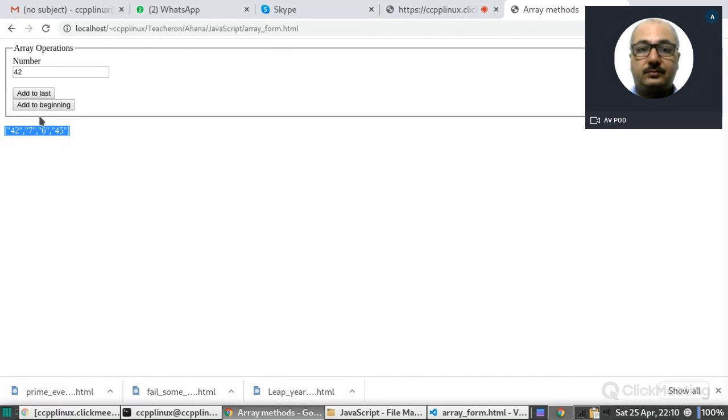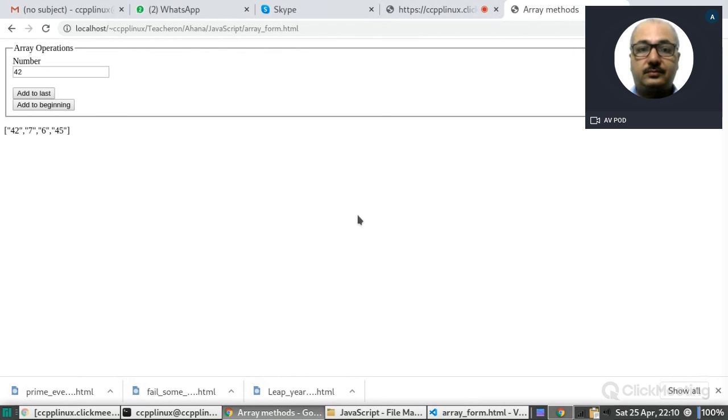Okay, which number do you want to search? And after that, it should call the function. Something like that, then it will become more useful. But suppose we are making a button for sorting. In the case of sorting, there is no need for any input. You will just click on the sort button and it will sort the elements. But there are some methods in which we need some input from the user also.